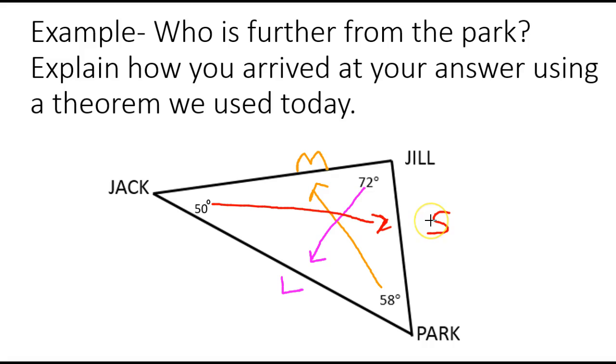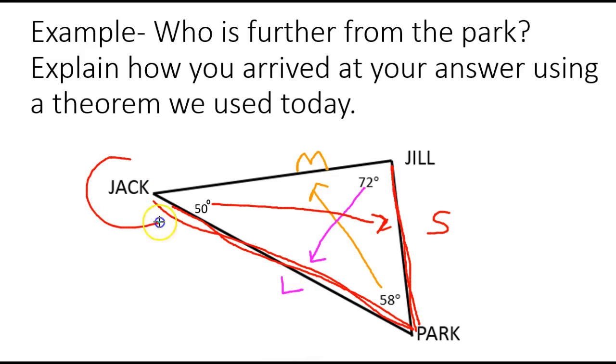Okay, so now, even though we have no clue what the actual side lengths are, we can compare least to greatest to figure out who is further from the park. So, this is the park right here. I want to know who's further away, Jill or Jack. Now, I notice that Jill is on the smallest side and Jack's on the longest side. So I know that Jack is furthest away from the park